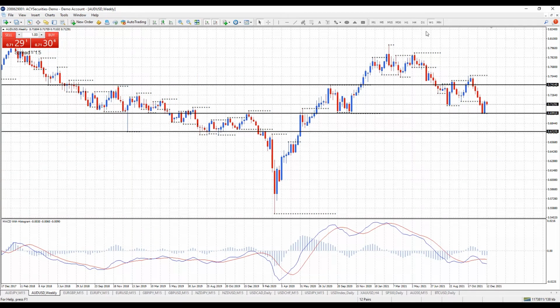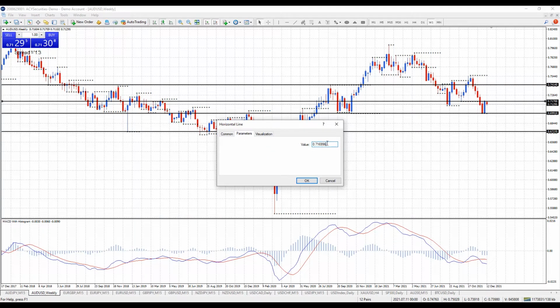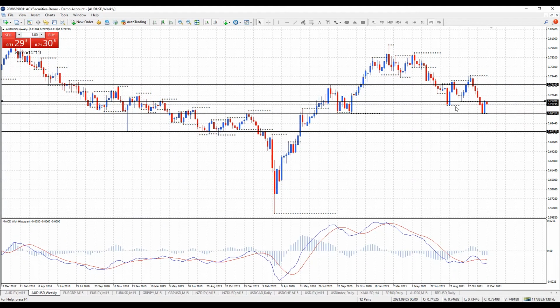To the weekly, trend is down. We've broken through two bottoms here on the weekly chart, having a bounce on the monthly support. MACD is crossed down. Let's just put in support and resistance. Resistance at the moment is 71.70, which is holding the market. Failed again there yesterday. Support is at 71.06.